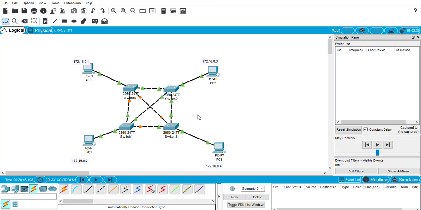It's getting delayed to establish the connection here. Let us try and see, if this connection is lost, what would happen to reach this PC.